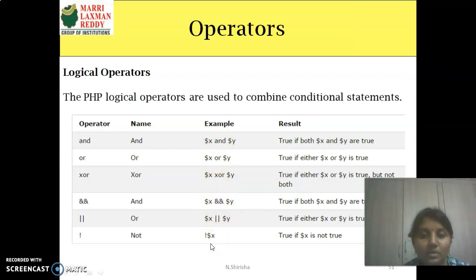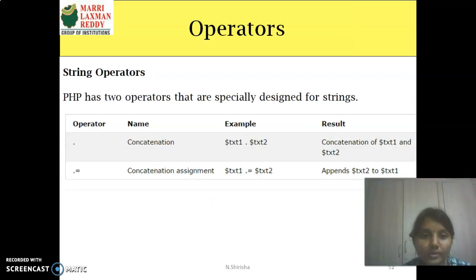Okay, so these are the logical operators. Logical AND: if x and y are both true, then only it becomes true, otherwise it is false. Logical OR: if x and y are both false, then only it is false, otherwise it is true. If any one is true, that is true in our case. XOR: if both are the same, it will return 0. If one is true and the other is false, vice versa, then it will return true, 1. Okay, so these are a few inputs about logical operators.